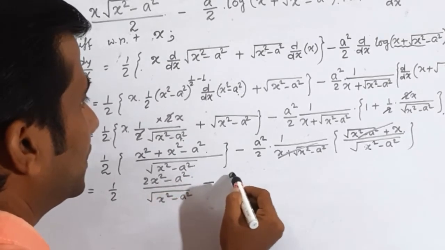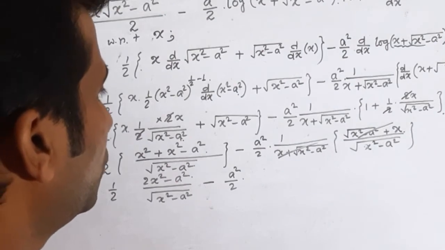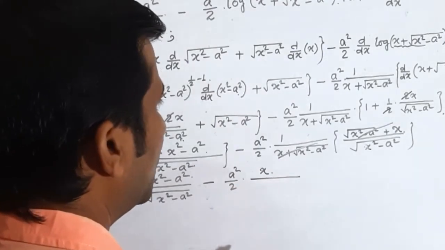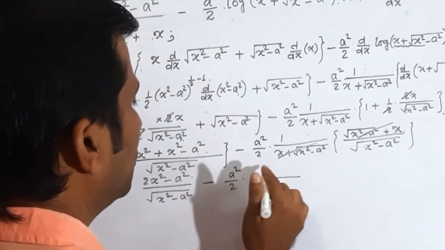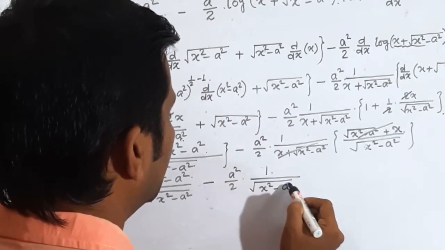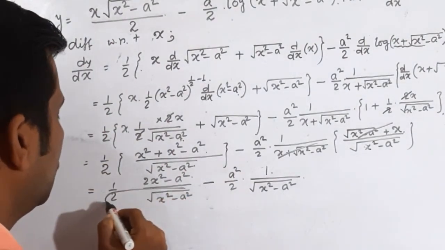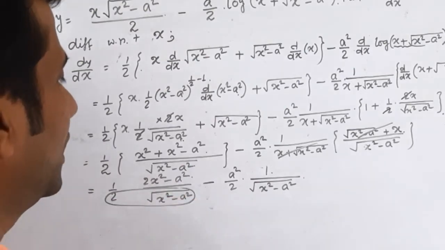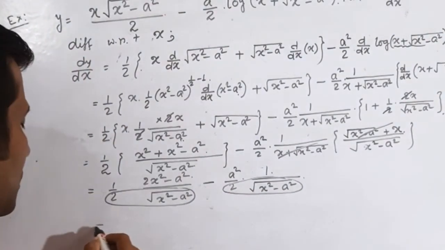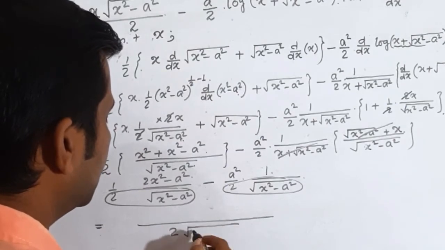minus a square by 2 into x by, into 1 by root over x square minus a square. Now in the denominator this is 2 into root over x square minus a square, and here is also 2 into root over x square minus a square. So denominator is 2 into root over x square minus a square,